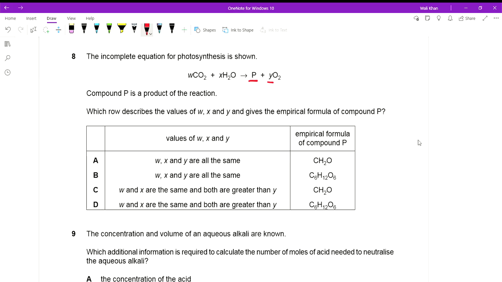Which row describes the value of W, X, Y and gives the empirical formula of compound P? Value of W, X and Y. W, X and Y are all the same. So it is, if you remember the equation of photosynthesis, it is 6 carbon dioxide plus